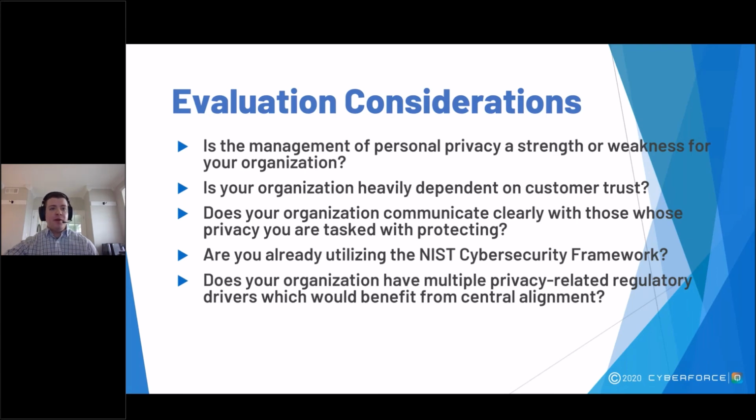The other points which you might want to consider are based on what else you're already measuring. In my opinion, I'd be most inclined to use this framework if I had already implemented the NIST CSF, and especially if I was attempting to manage multiple different privacy-related compliance drivers all at the same time. Just like on the security side, where we often want to measure very specific things as part of a more centralized program, there's an opportunity to do the exact same thing here.